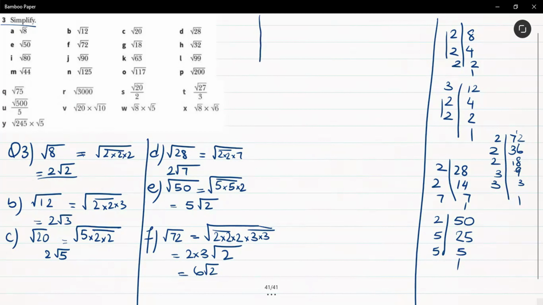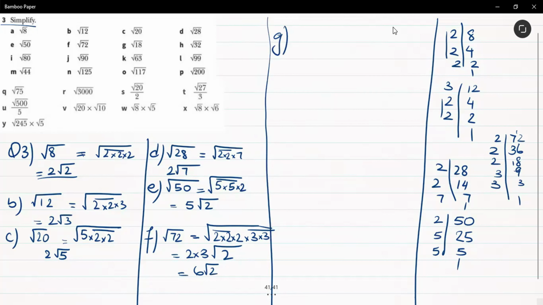Proceeding on to, sorry. Okay, I'm sorry for the glitches. Okay, for